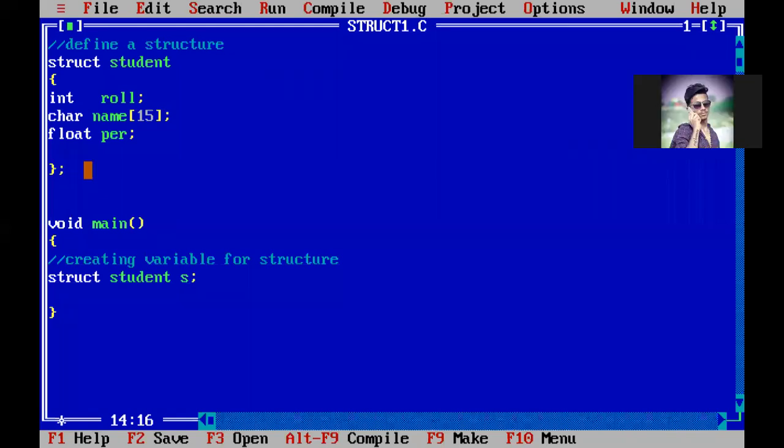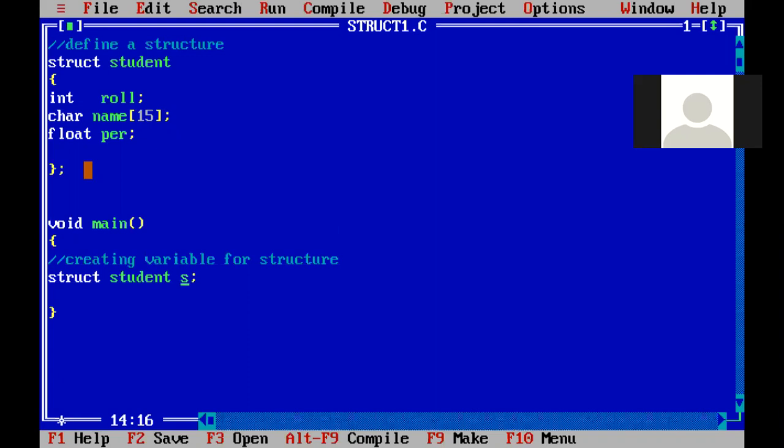Right. So for creating a structure variable, this is the syntax. It starts with the struct keyword followed by the structure name, and that S is what? S is a variable. What do you call that S? S is a structure variable. Which structure variable? A student structure type variable.